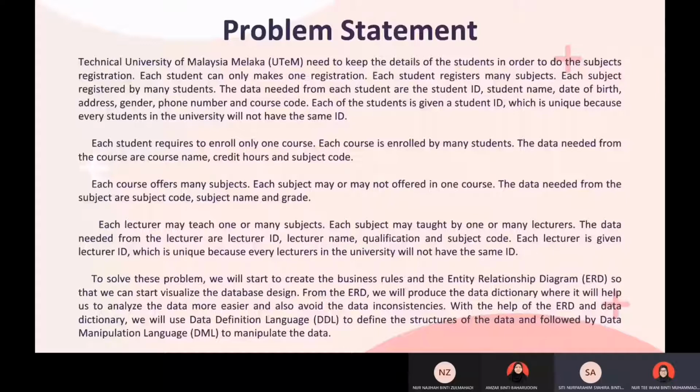Each lecturer may teach one or many subjects. Each subject may be taught by one or many lecturers. The data needed from lecturer are lecturer ID, lecturer name, qualification, and subject code. Each lecturer is given a lecturer ID, which is unique because every lecturer in the university will not have the same ID. To solve this problem, we will start to create the business rules and the entity relationship diagram, which is ERD,